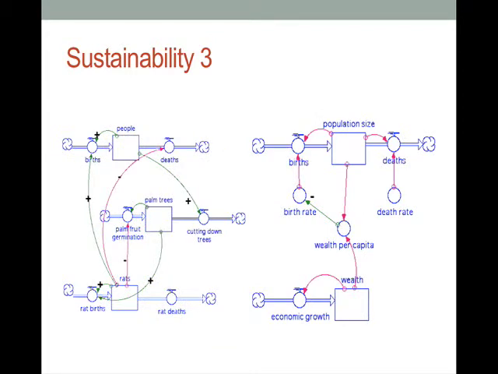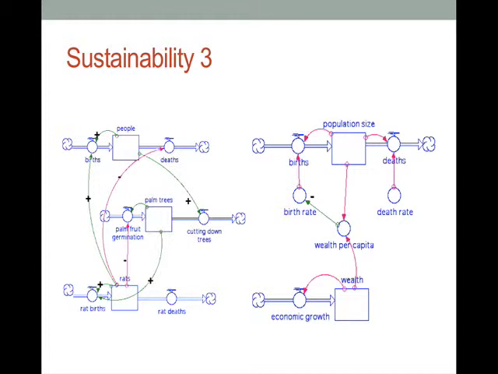And then really sort of the third level of looking at the sustainability would be, what are the people doing in this situation? And back in the systems chapter, we talked about that. We were talking about a model for what happened in Easter Island, Rapa Nui, that the people were cutting down the palms, and when the palms went away, that also interrupted the rats, and the rats were a major source of food for the people. So this interconnectedness is really crucial to study for ecosystem resources at the system level.